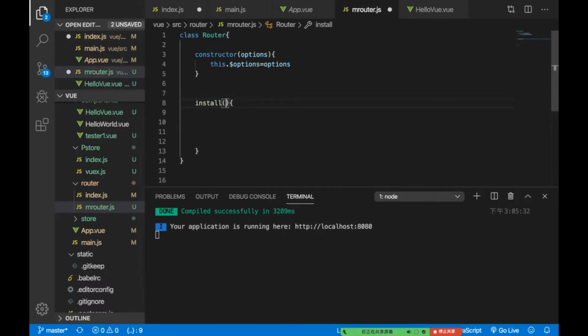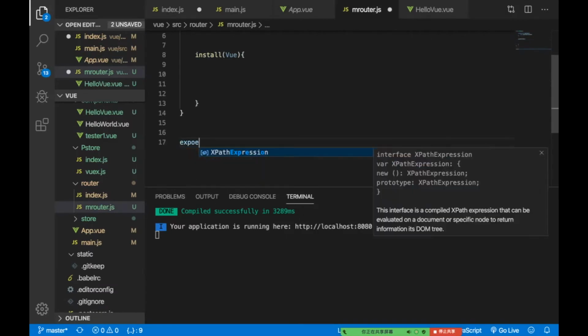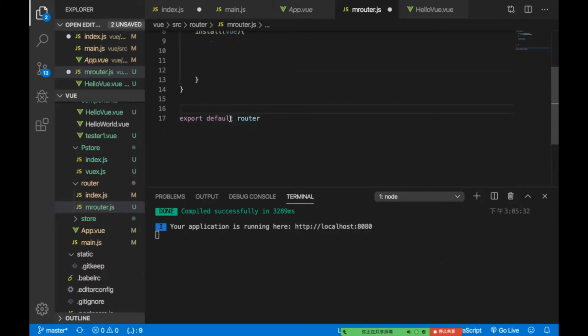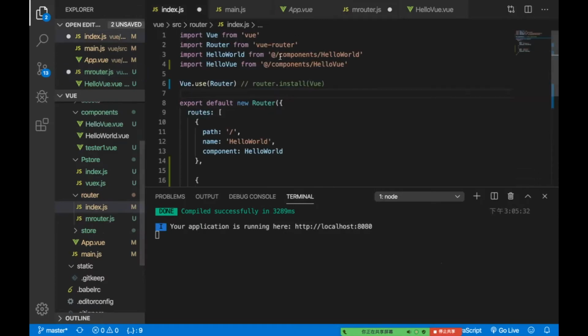First, we don't forget that in Vue, the parameter passed in is the Vue constructor, or the Vue function. So we have to put the parameter inside. The next step is, of course, to export. We don't have to make any change, we just change here. We don't import a router from here, but we import a router from